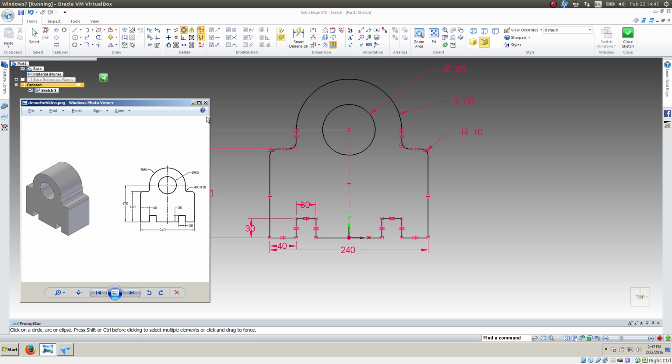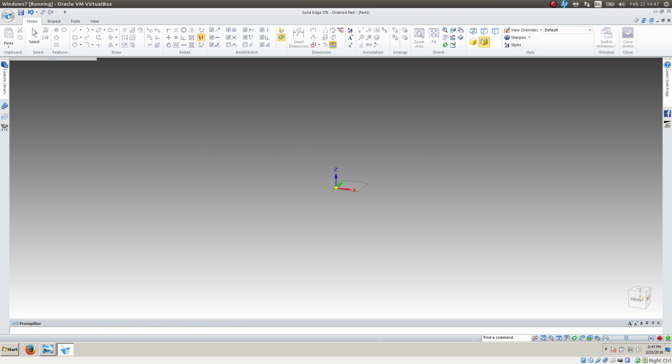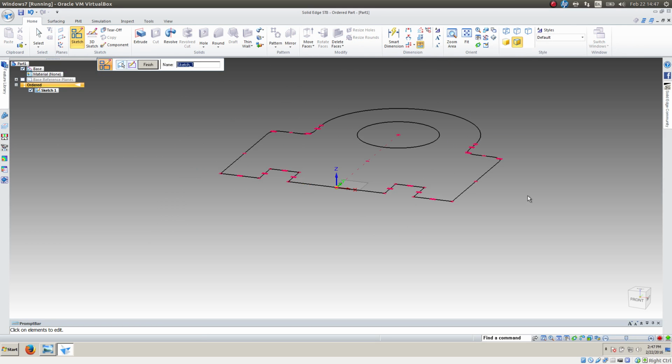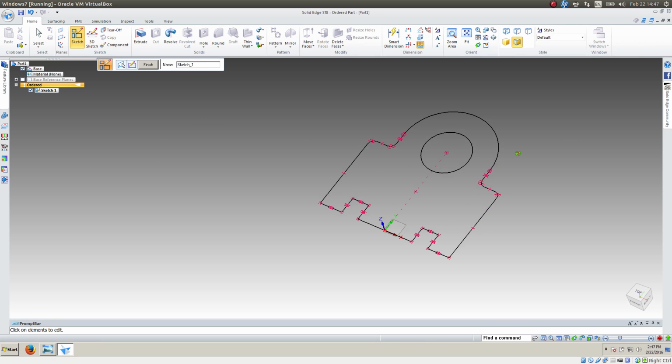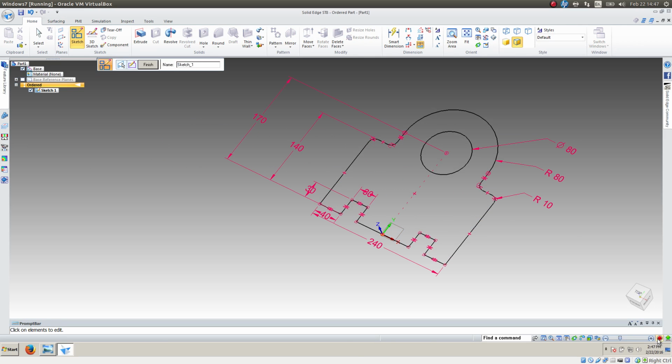And what you need to do for the deliverable is to record a video just showing the part. You don't need to record the video of making the parts that you're supposed to work on, but once you've made it, just open up that part file and record a video of the part file. So there's the file. You can see the sketch on the XY plane, and you can come here and record and save that and then upload it to YouTube, or just upload directly through Solid Edge,